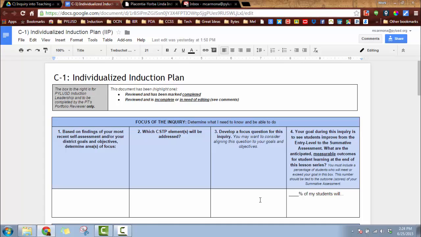This is kind of like a research question. You want it to be broad enough that you have some place to go, but you also want it to be narrow enough so that it doesn't include everything in the kitchen sink. Now, the best place to look for these, and this is where I always start, are the CSTP element level